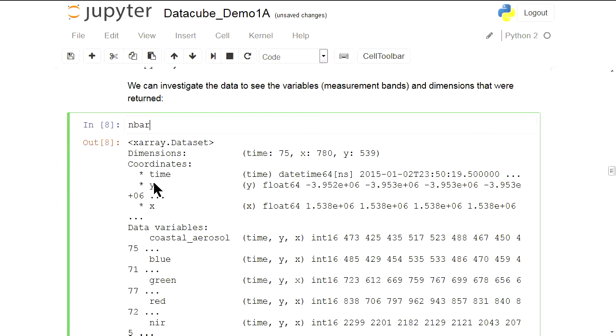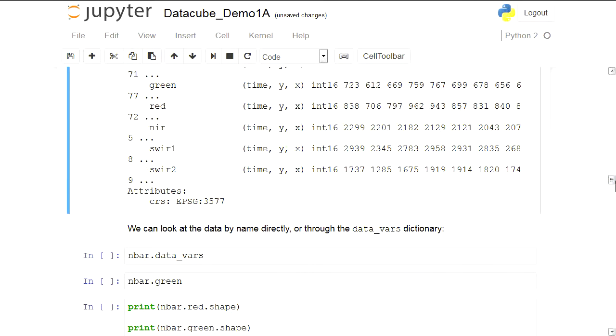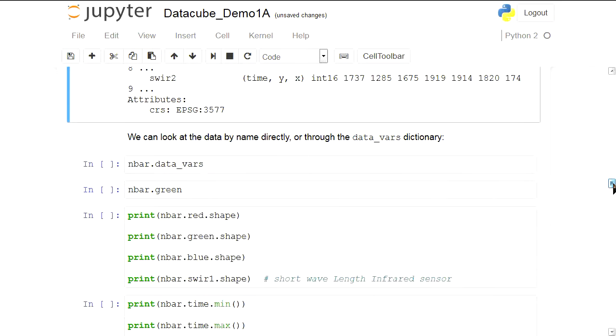As you can see, this retrieved data is an X-array dataset, and it has a time dimension of 75 slices of satellite imagery, with X and Y dimensions, basically latitude and longitude, as the spatial grid. And the dataset includes green, red, near infrared, shortwave infrared. All those are terminology of satellite bands.